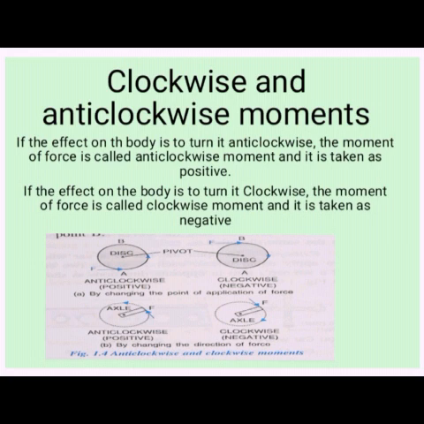In the anti-clockwise movement, the axis of rotation will be outward. In the clockwise movement, the axis of rotation will be inward. Now you can see in the picture that changing the point of application of force shows the anti-clockwise and clockwise movement produced in a disc pivoted at its center, by changing the point of application of the force between point A and B. You can see the disc in figure 1.4. On the other hand, you can see the changing direction of the force in the axle. So clockwise and anti-clockwise: leftward shows the anti-clockwise, right side shows the clockwise movement.